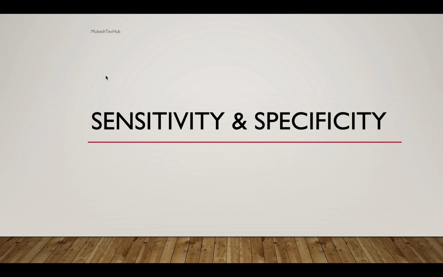So today I'm going to discuss some useful metrics for checking the model or algorithm's performance. In this video lecture I'm going to cover the confusion matrix, precision, sensitivity and specificity. These are the useful metrics to check the model or algorithm's performance.